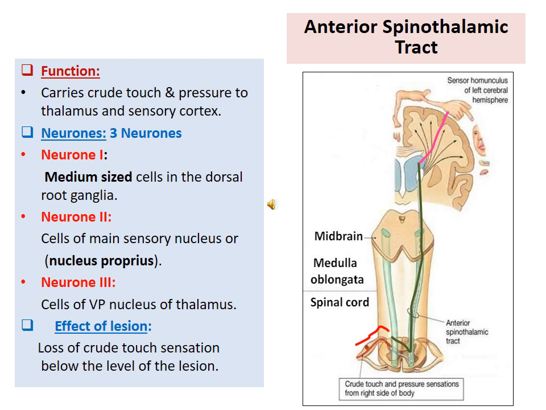The anterior spinothalamic tract relays in the spinal cord, in the neurons of the dorsal gray horn, especially in the nucleus proprius. Then from the spinal cord the second order neurons start, and they cross the midline through the anterior commissure, go to the other side of the spinal cord in the anterior white matter, and run the whole length of the spinal cord there. These fibers are known as the anterior spinothalamic tract.